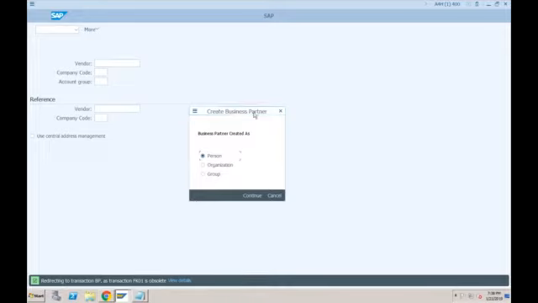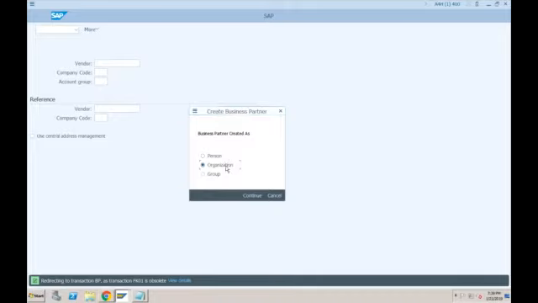And you can see this create business partner screen has popped up. It is asking you what you want to create. You want to create this business partner as what? As a person, as an organization, or as a group. Normally, wherever we are creating a customer and vendor, we always select organization. So just remember, whenever we are creating the business partner for customer or vendor, we are only going to click on organization. But let me also explain what these other options are, although we are not going to use them.